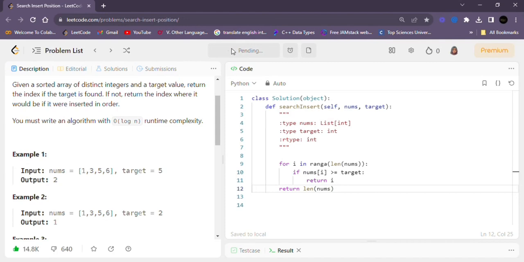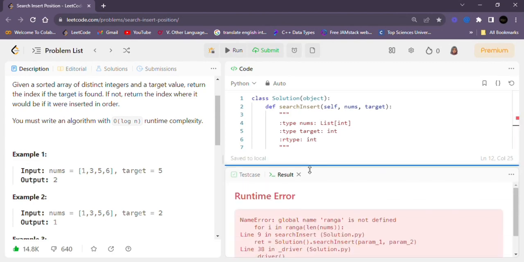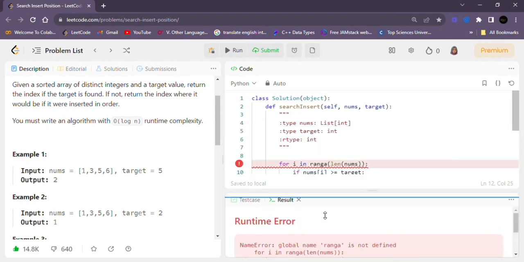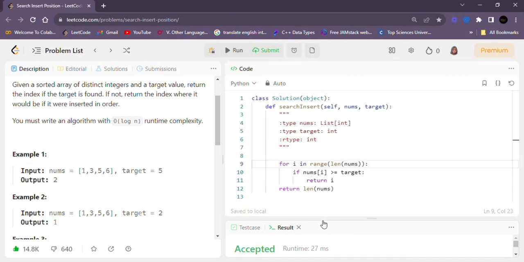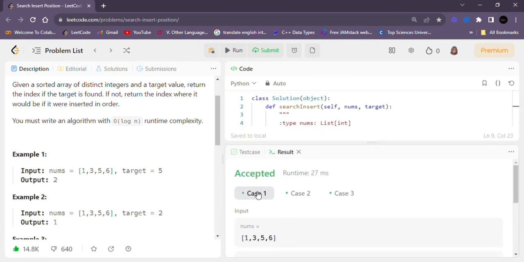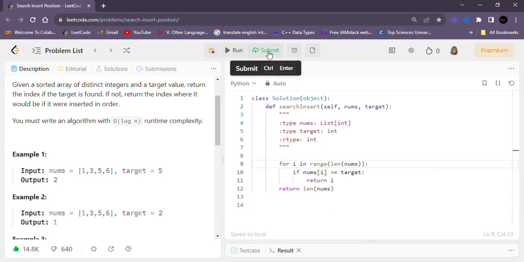Let's run it. Okay, what is the problem here? Global range. Okay, here is a typo mistake. Yep, it accepted all the test cases, and if we submit it,